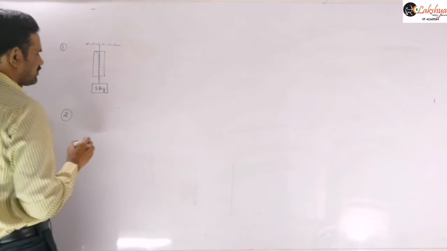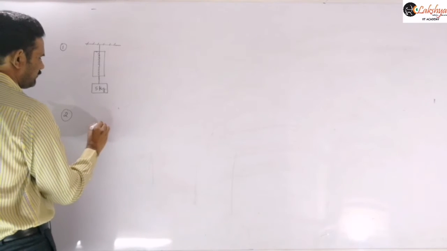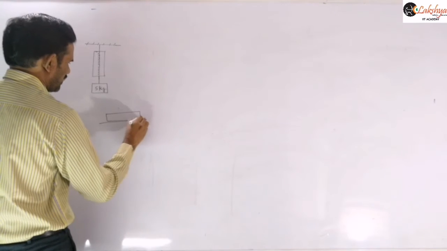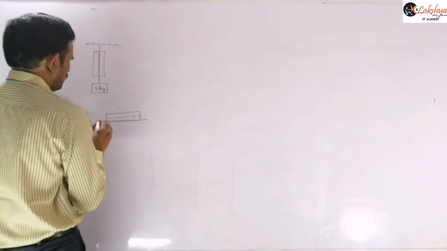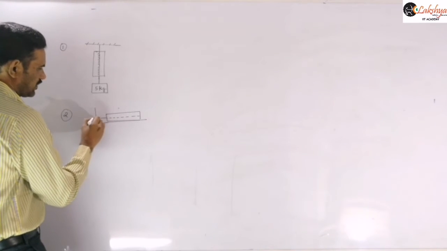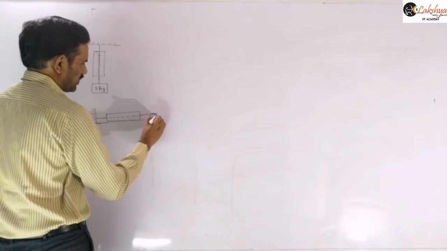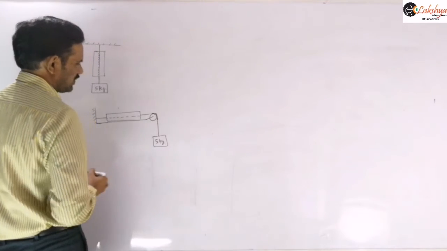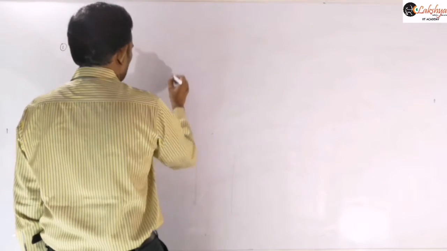And in another case, the same spring balance is placed on a table like this, right? Then one end is connected to this rigid support, and the other end, this 5 kg mass, is passing over a pulley like this and hanging here. This is 5 kg. We need to assume all the spring balances are ideal, and this is also a 5 kg weight only.